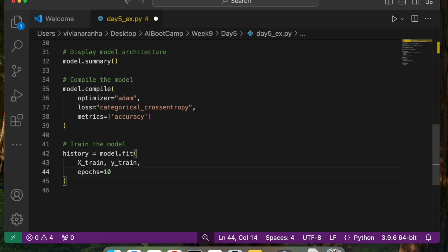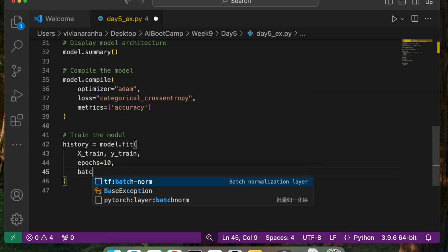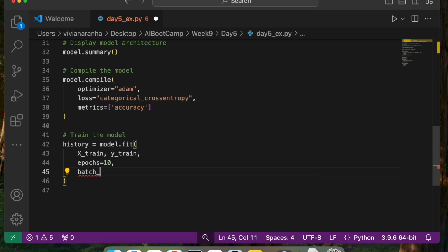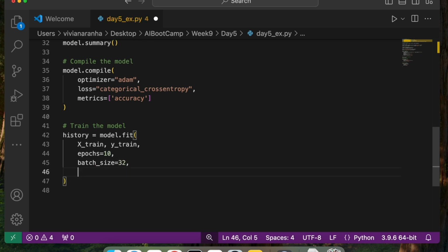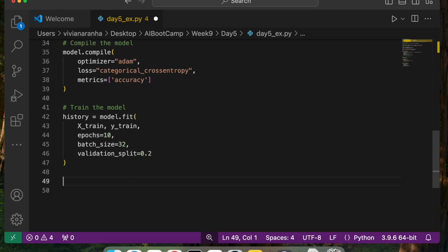I'm going to say 10 epochs. Batch size I want to use is 32, and then the validation split that I want is 20 percent, so 0.2. That's what I'm going to set here. So this will train the model.